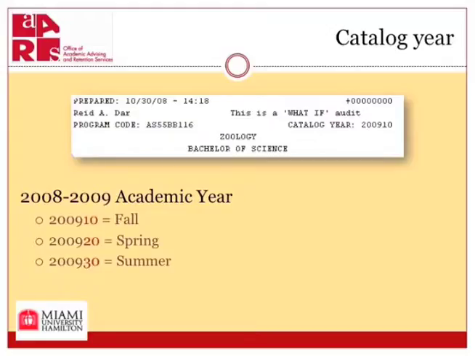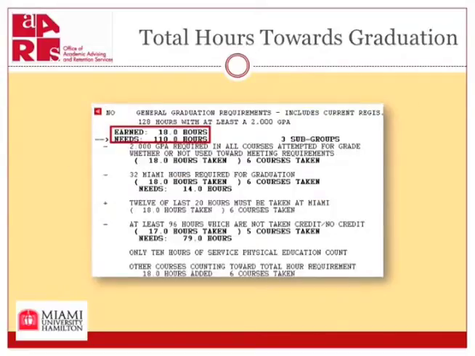For example, if you started school during spring of 2009, your catalog year will be 2009-10. Likewise, if you started in the fall semester of 2009, your catalog year will be 2010-11. This box breaks down how many credit hours have been completed and how many credit hours are needed to